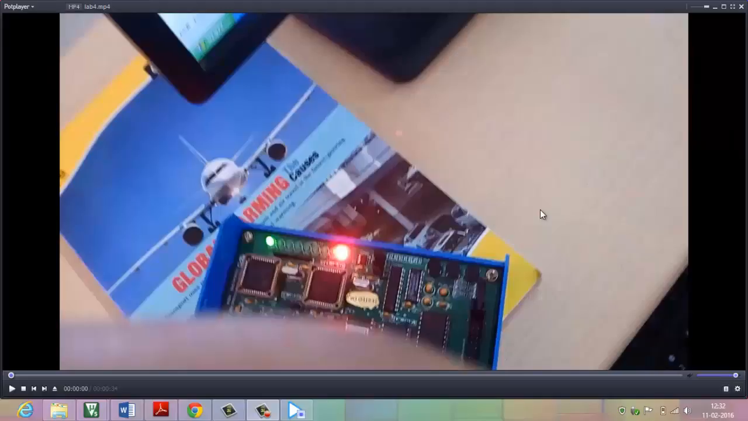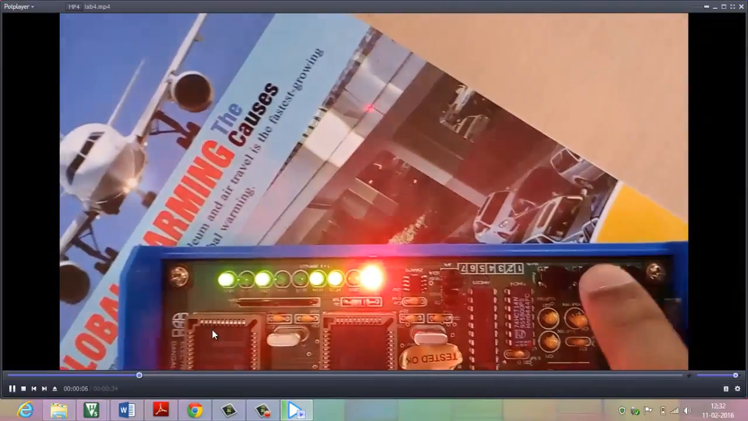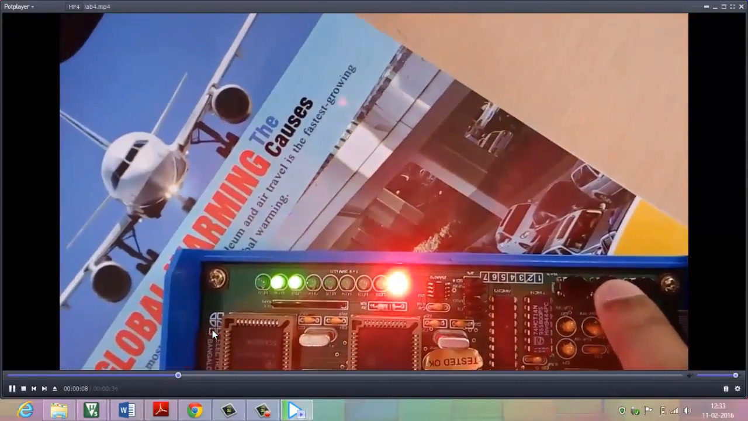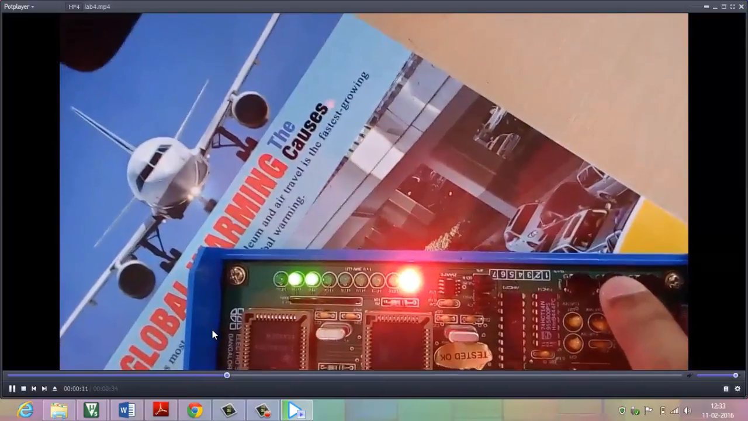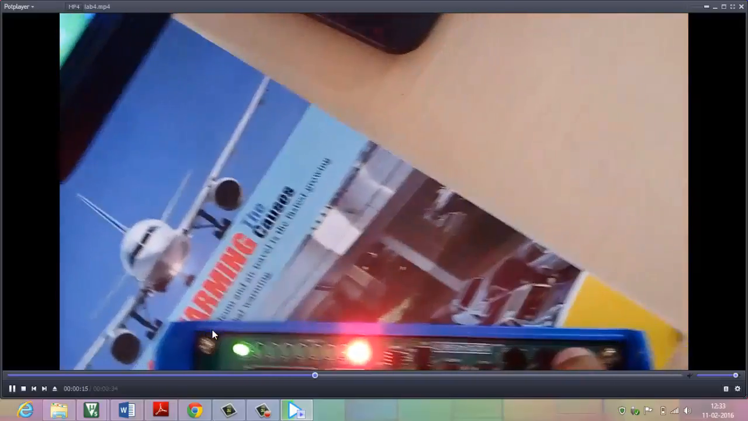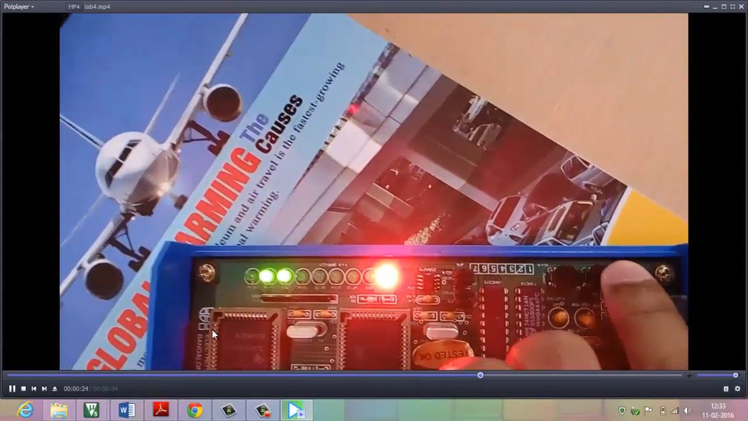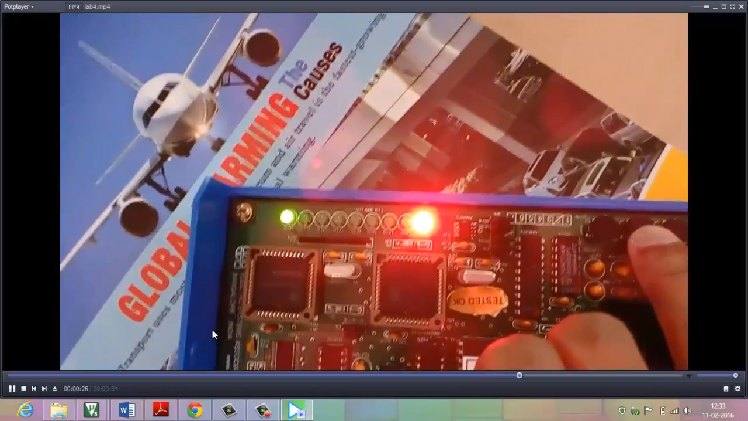Okay, this is the hardware output. If I play it, you can see it in hardware. You can see the addition gives 101, and if I press interrupt 1, it is giving 6, which is multiplication. If I press interrupt 0, it is doing subtraction, giving 1. These are the values stored in the memory location. You can see, whenever I press an interrupt, the corresponding result gets